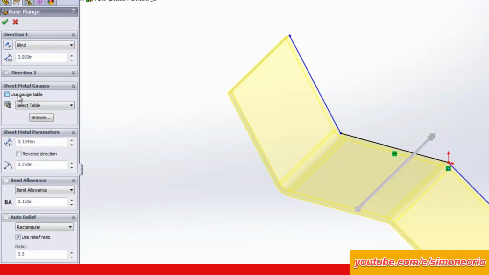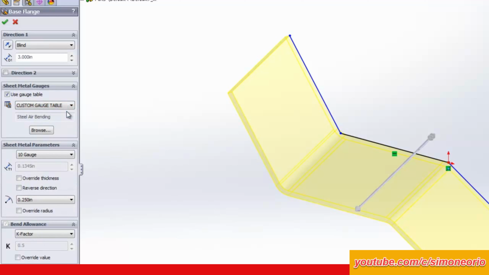But the main thing we want to do here is select gauge table. I just created a little custom gauge table here and stored that in a directory accordingly. You can pick your gauge and radius and things like that. You can even do other things here, like for instance, maybe we want to not use the K factor that's specified in the gauge table, but in this organization, maybe we use a particular bend allowance or something. So we'll key in that too,